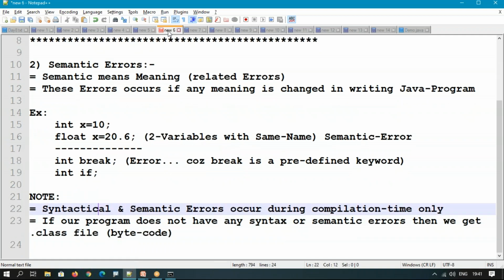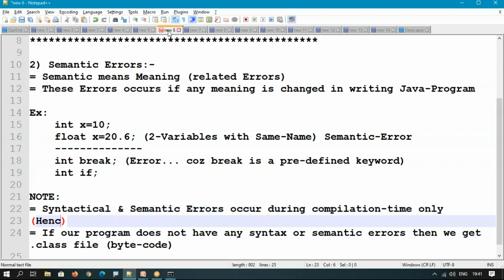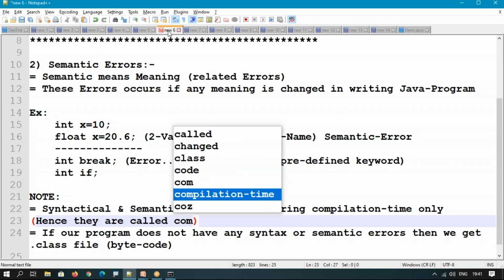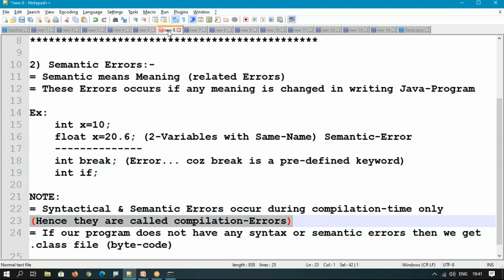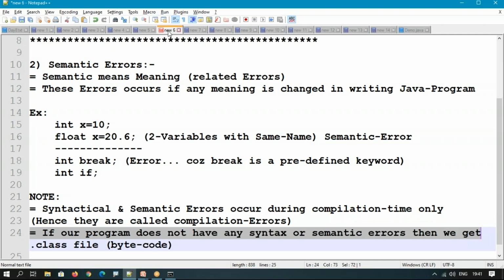Here, syntactical errors and semantic errors occur during compilation time only, and hence they are called compilation errors. And if our program does not have any syntax or semantic errors, then we get the bytecode .class